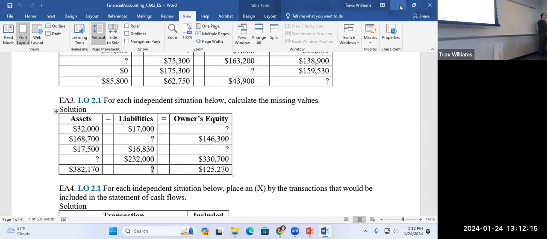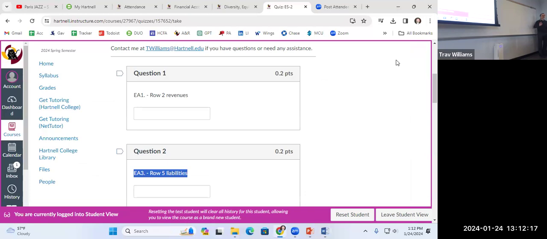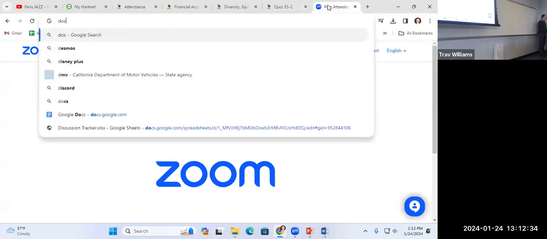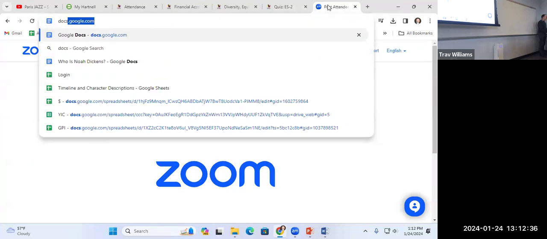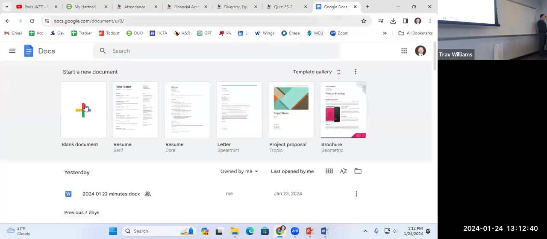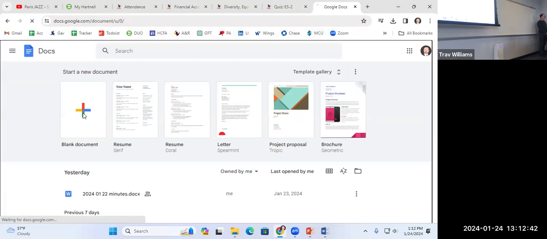Another thing I should point out to you, because a lot of students don't realize this, if you don't have Microsoft Word, it's not a problem. You don't have to go buy it. You can use Google Docs or any program that lets you open up and edit Microsoft Word documents. But I'm going to show you with Docs. If you just go to docs.google.com, you can click on blank document,